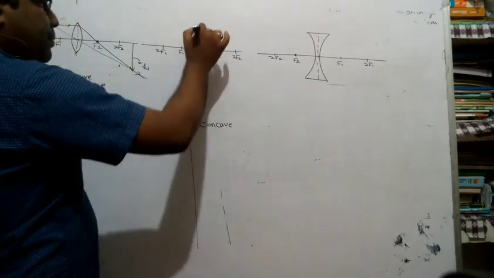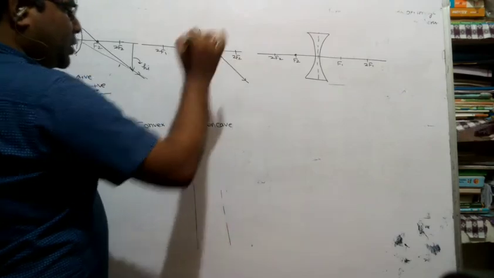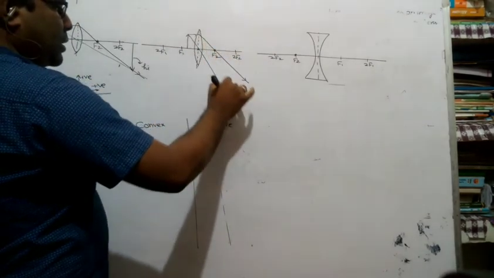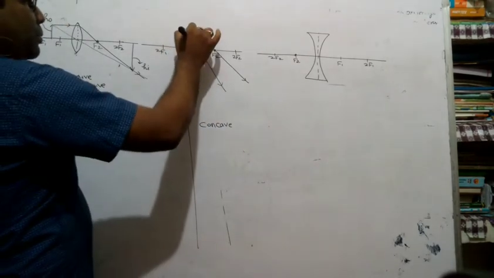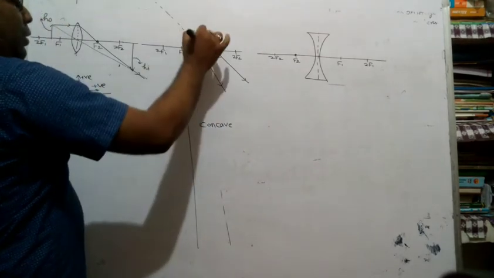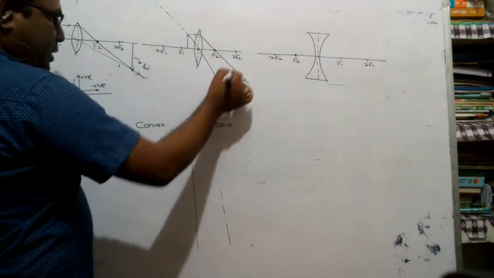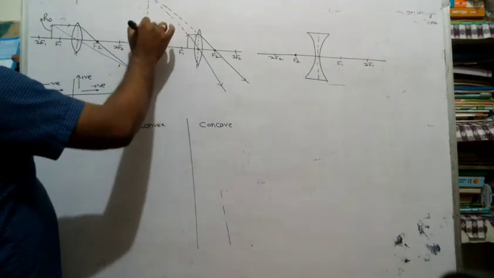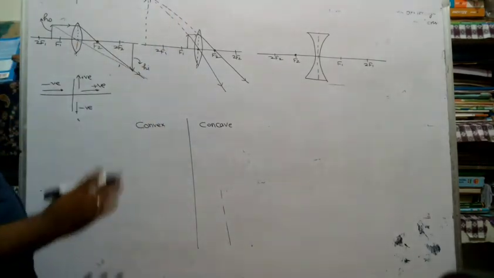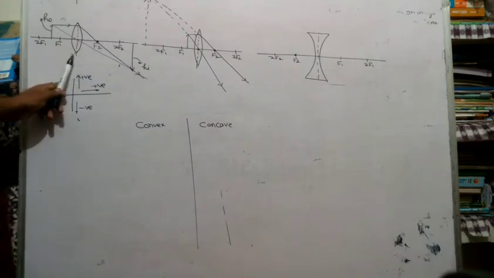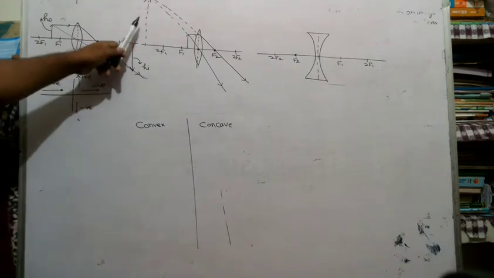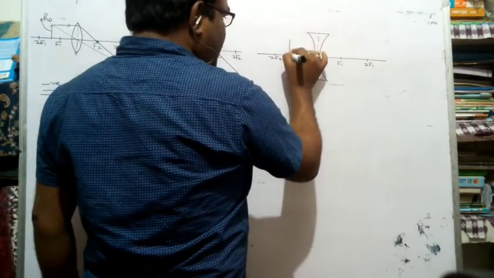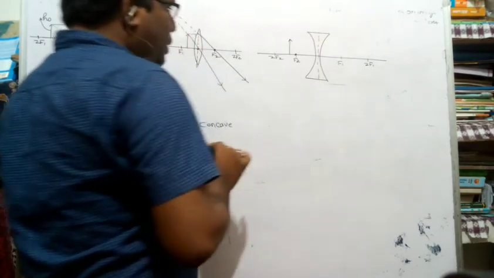First ray parallel, and then it will be passing through the focus. Second, this is the image. Now, they will never intersect at this point, so this is another image. Now you can see the convex lens makes real and virtual image both, beta. And this is the concave lens. Here is the object.